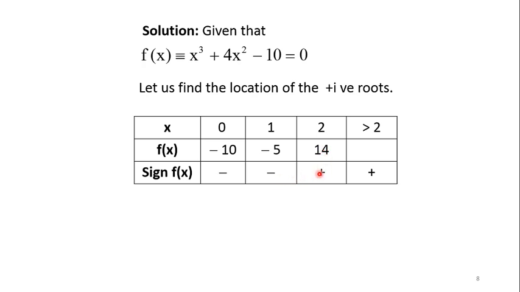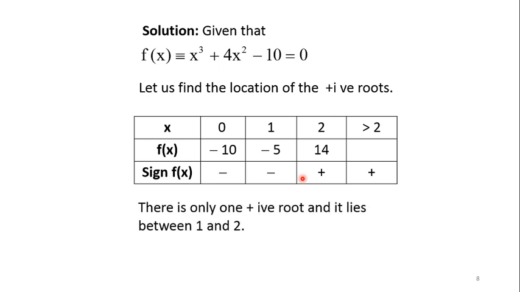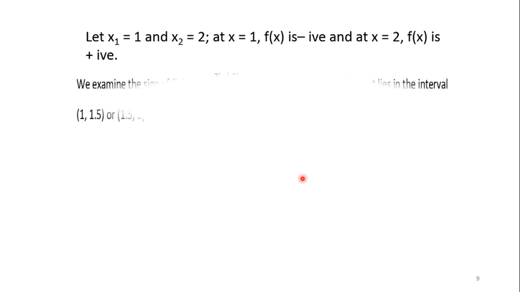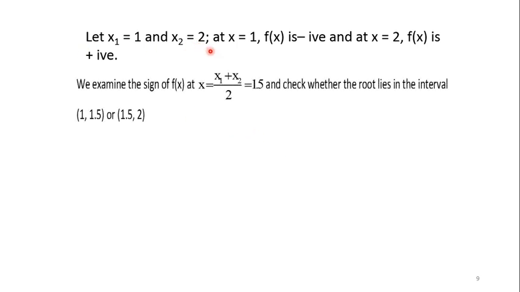When you are getting minus, plus, or plus, minus, and now if you put higher values, then the sign is positive. It means we have to take the range of the solution as 1, 2. There is only one positive root and it lies between 1 and 2. So let x1 equal to 1, x2 equal to 2. At x equal to x1, f(x) is negative, and at x equal to 2, f(x) is